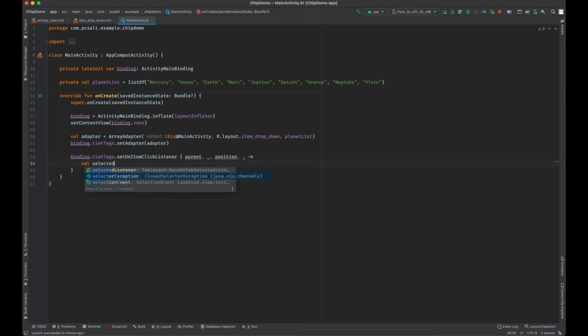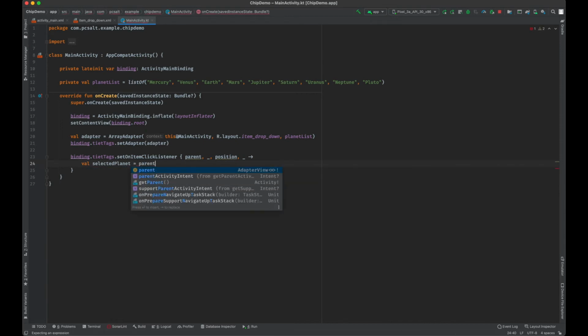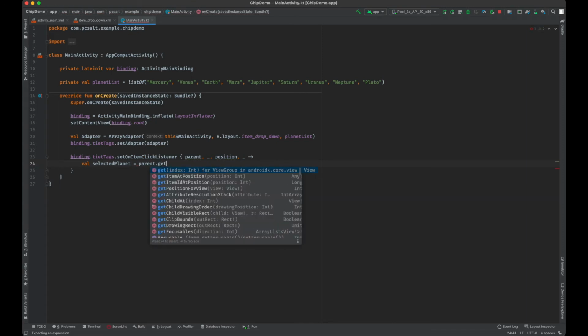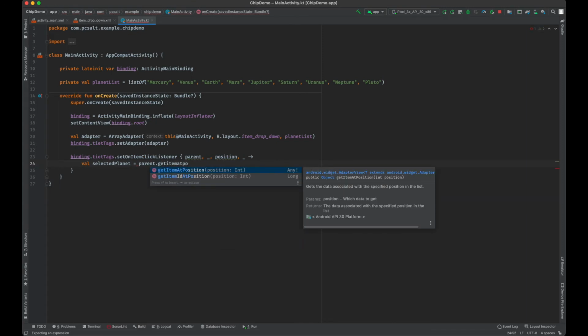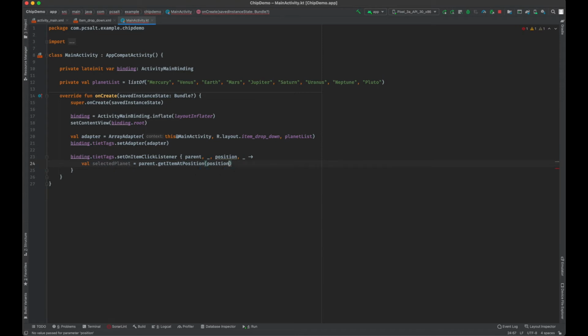So whenever we click this, first we have to get the name of the planet. To get the selected planet name, we will get the current position from the parent, and typecast it to string. So now we have the selected planet from the list, whichever we have clicked on.